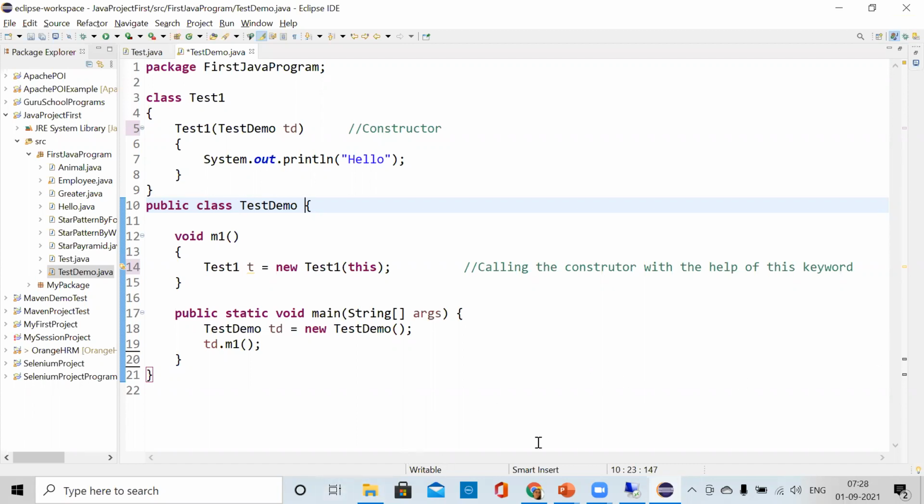To eliminate the confusion between the methods, we use super to refer to the super class and to differentiate from the child class. So the basic thing for super is that inheritance should be there, then only the method or the constructor can be called.